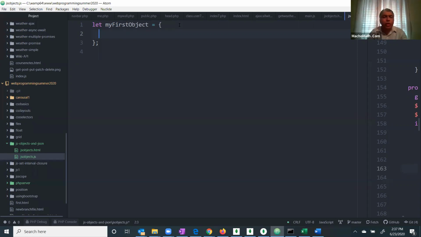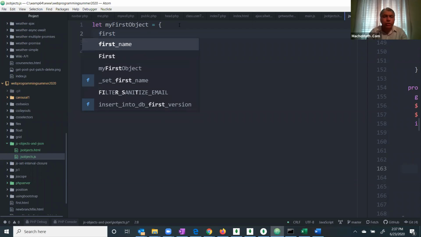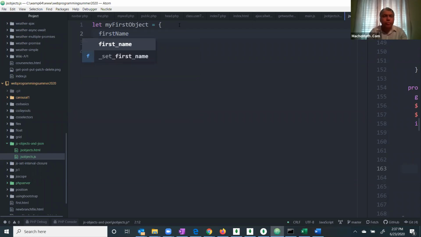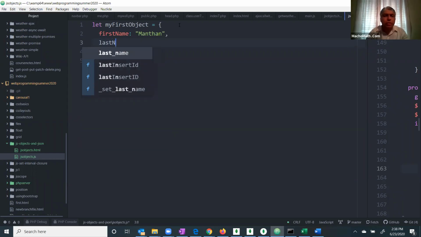So for example, we can say first name colon, right? Whatever the name is, say for example, the name is Manthan, right? Comma. Then say for example, last name, and say last name is Patel,